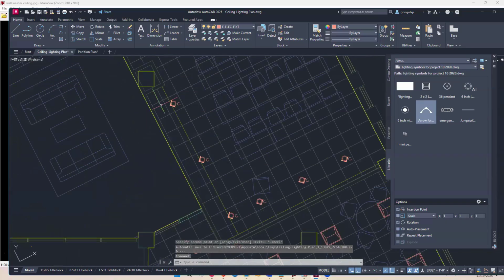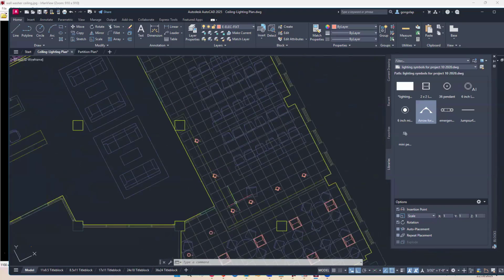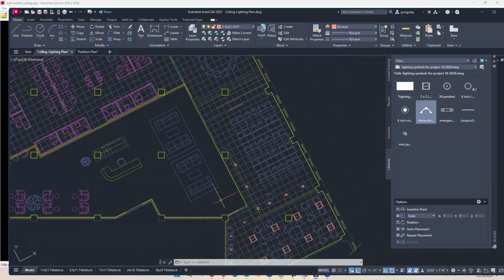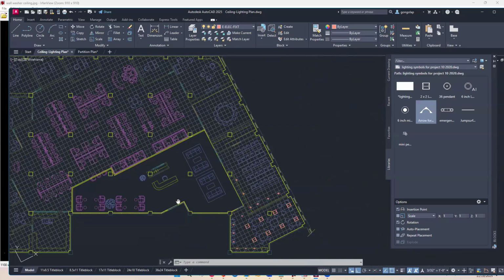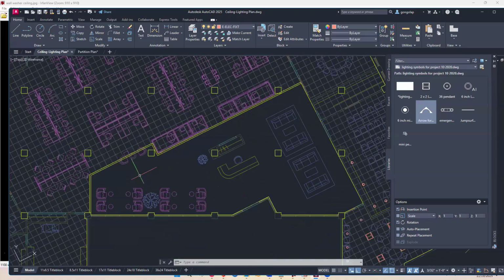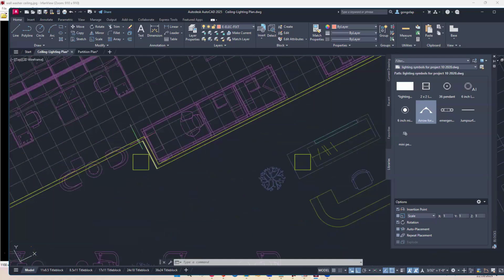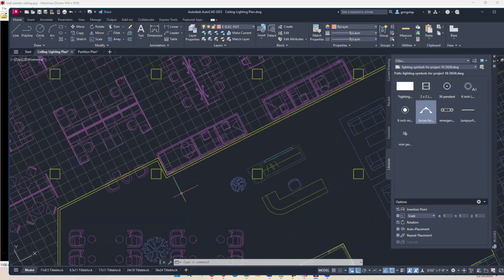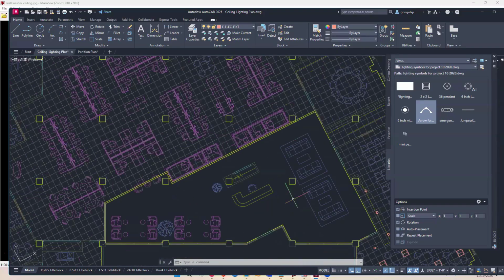So you can see we've got this long counter on this side of the room, and these are pretty well spaced, fairly nicely, washing this wall. Okay, so let me move on into this area here, and I see a couple things that I want to talk about, but before I even get to them,